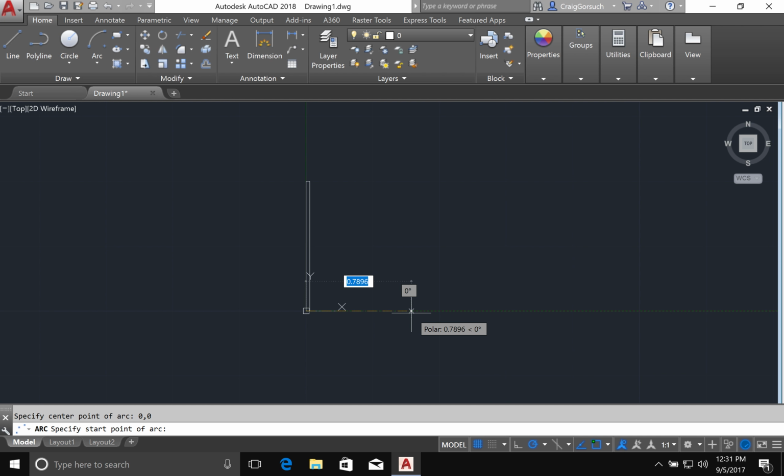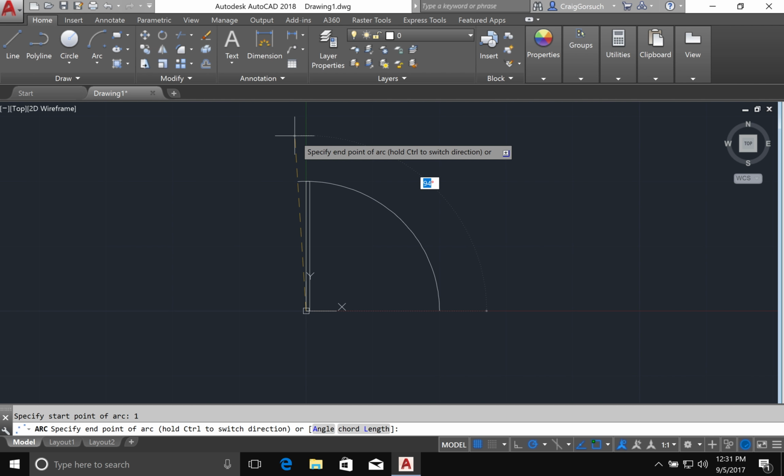Where does the start point of my arc begin? This is not only going to establish the radius, but it's also going to establish the starting angle at which my arc is going to be drawn. When drawing this part of an arc, you're always drawing in a counterclockwise motion to create the starting angle. So I want this to have a radius of 1 and an angle of 0. I can then move my mouse along that point so it rubber bands to the vertical snap,